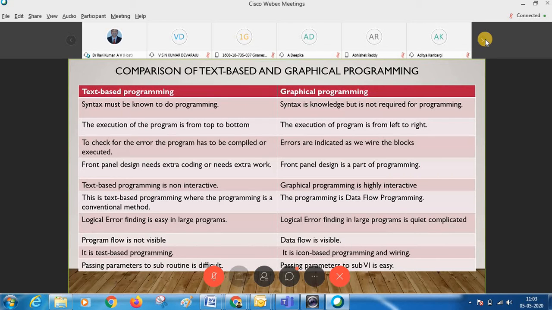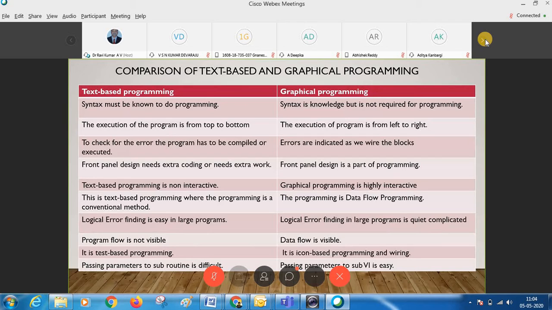These are some of the difficulties to understand when passing a parameter to your subroutine, which I called a function. But in graphical programming, it is very easy to pass a variable from your main VI to your sub VI, which is what a function or subroutine is. So these are the differences between text-based and graphical programming.